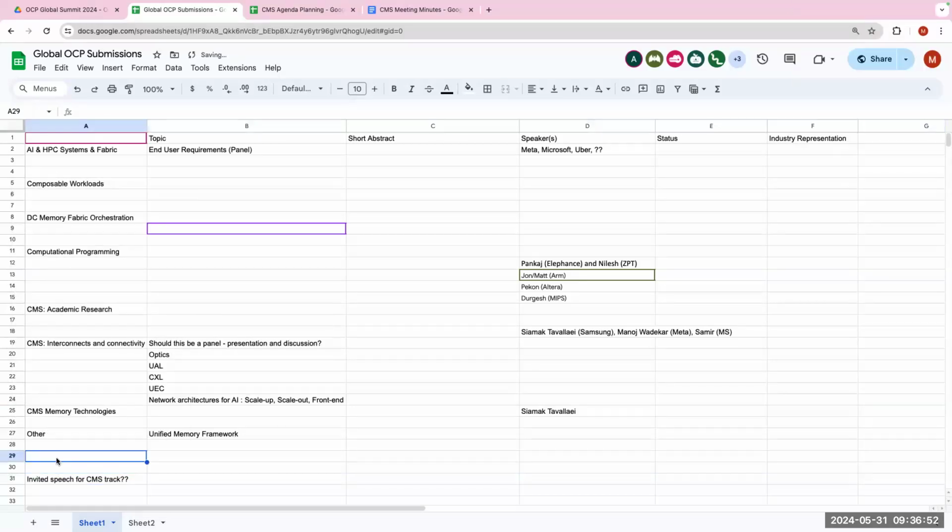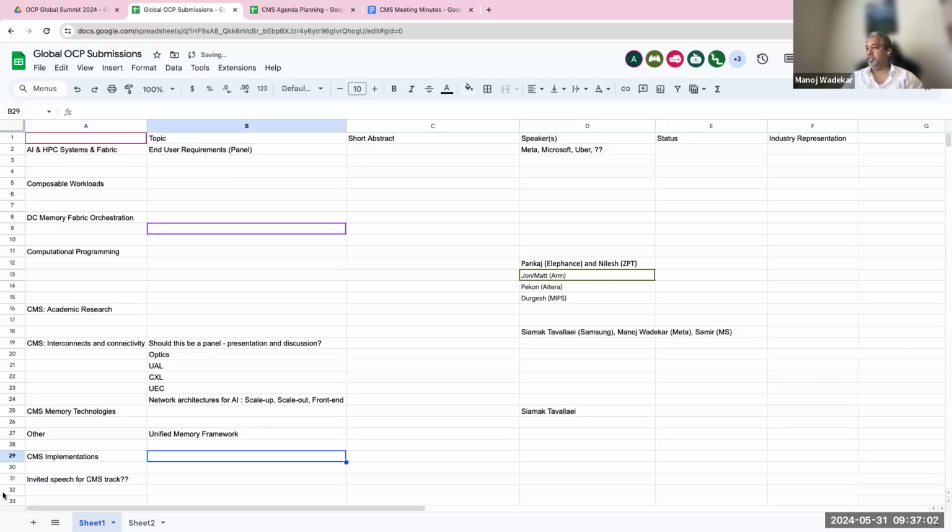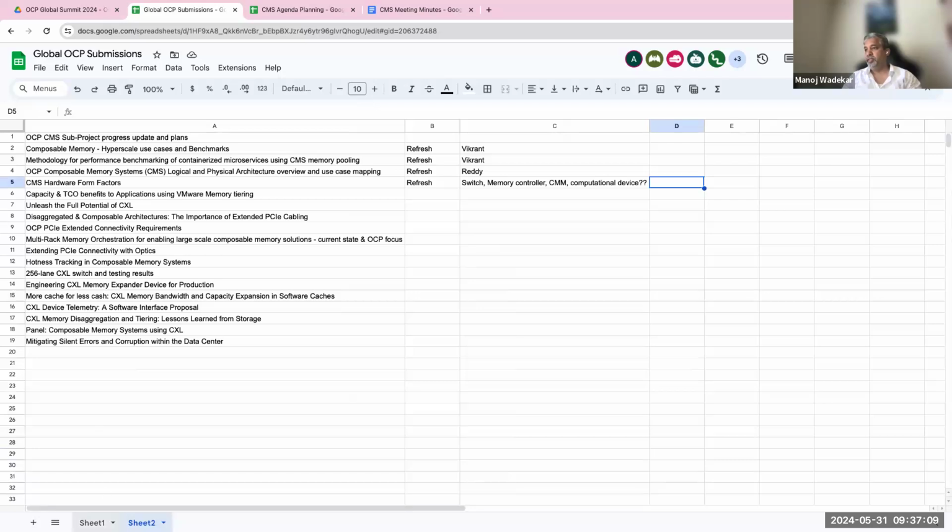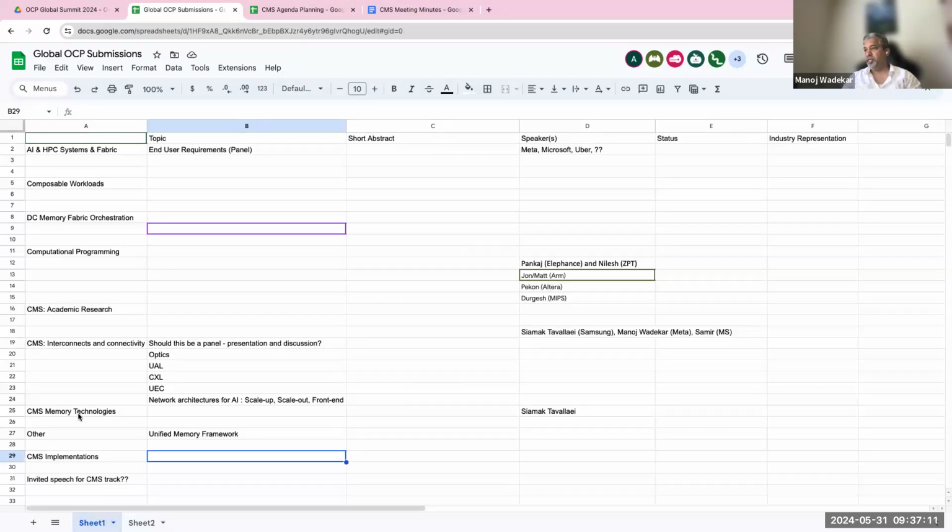CMS POCs and CMS. Maybe this is the, what do we want to call it? Actually, you're right. Some of these are coming as implementations. Yeah, that's right, we will see lots of them come in. There are a lot of them that come into that category. Maybe what I call memory technologies is what I meant, the implementations also.